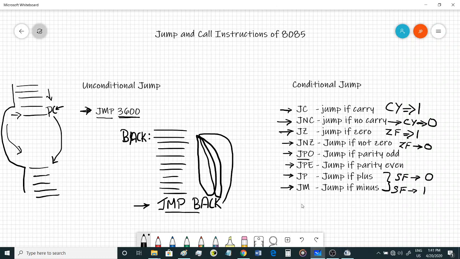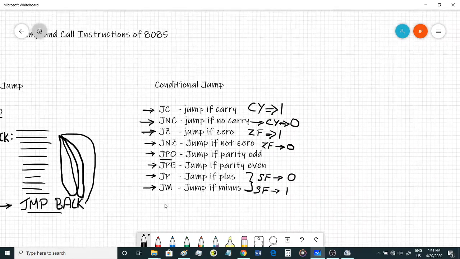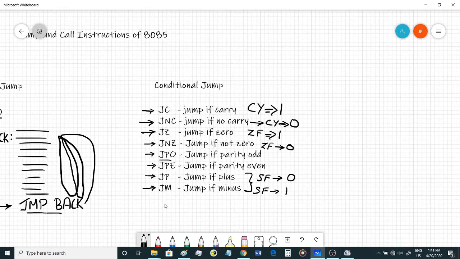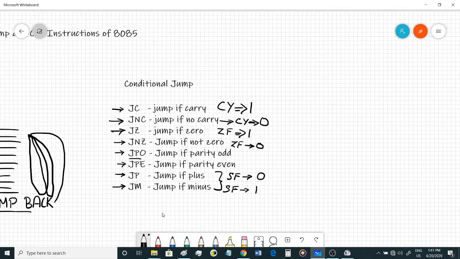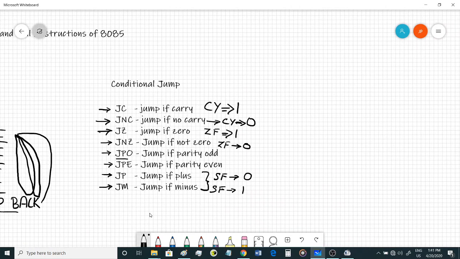Now let's see how we can use the JNZ instruction for making a normal loop, not an infinite loop but a normal loop. So let's say we have a set of instructions, right?